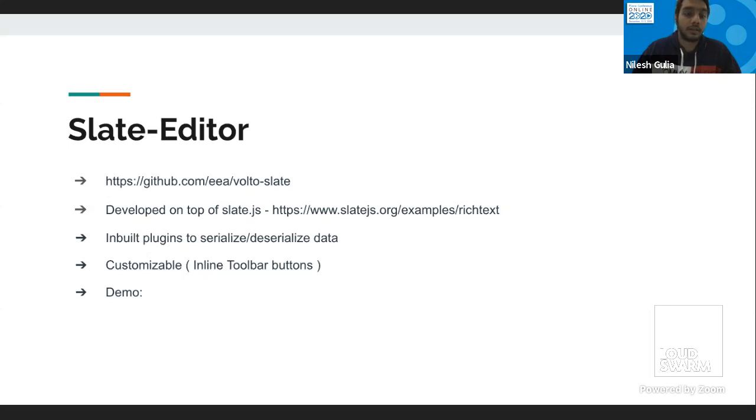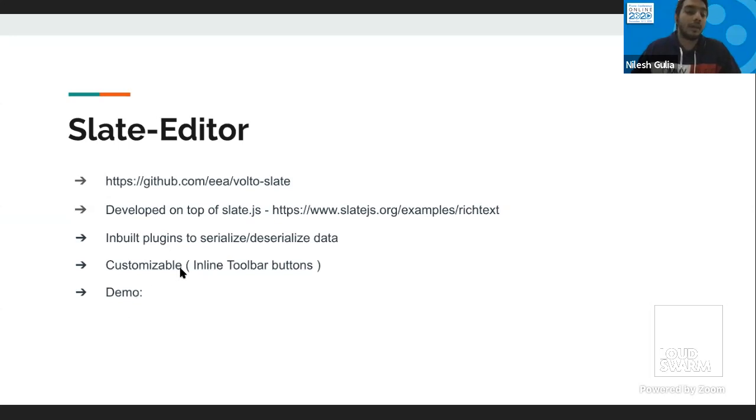It was initially developed by the Other Web team, and it's also customizable. I'll show you how we customize the inline toolbar buttons and also add inline toolbar buttons, and we can play with it.